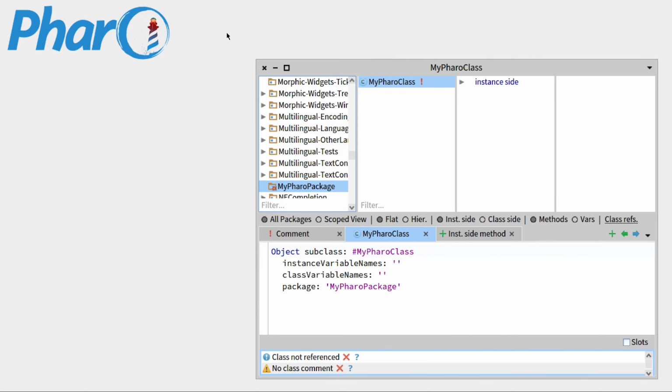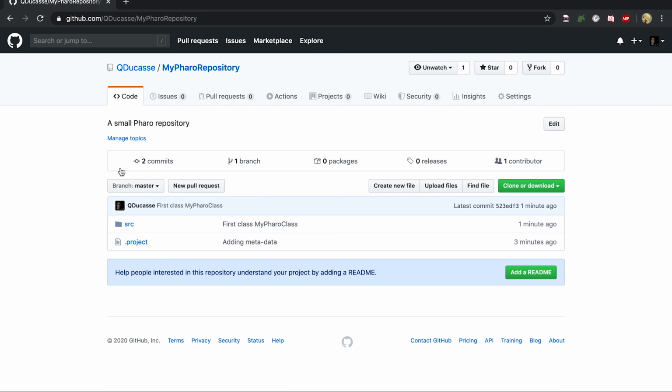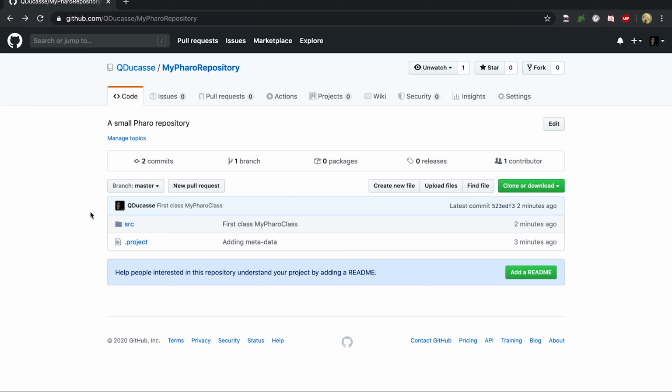So we can close that, and go over to GitHub. So if I refresh the page, what you can see that we have now the .project metadata, the src directory, and if I go inside the src directory, you can see that we have got the Pharo package with the properties, and if I go inside there, we've got our Pharo class. So everything is there. A good thing you can do is add a README, because this will help people understand what your package is actually doing. And within this README, and as you'll see in the next video, you can put a small script to load your package without going through GitHub and create a baseline.